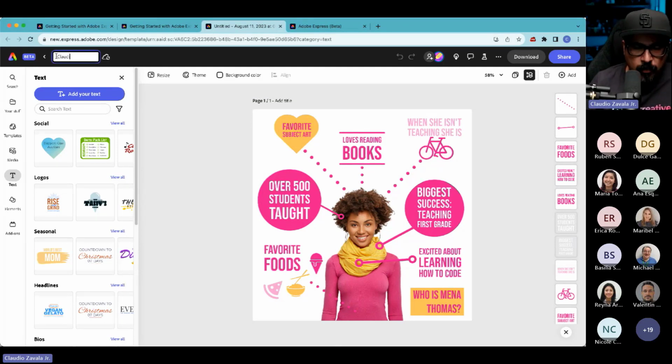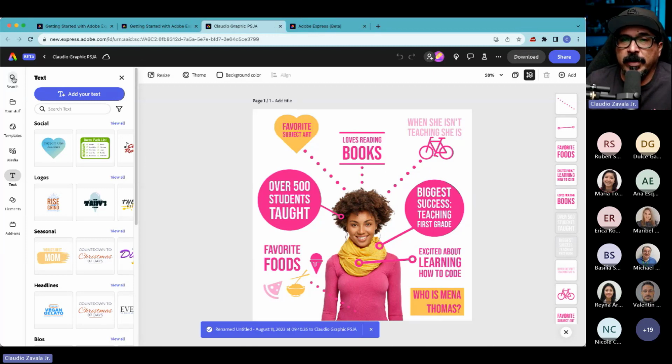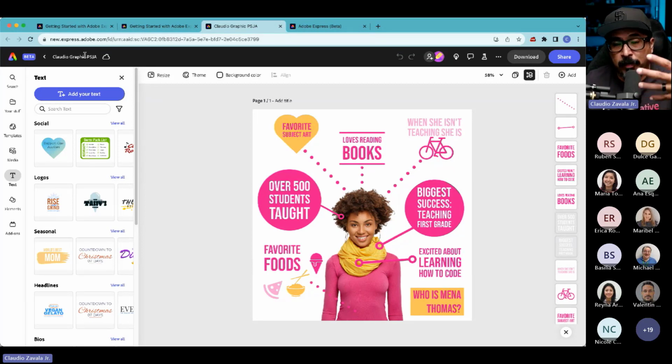When you click in there, you want to rename your project. I'm going to call this Claudio Graphic ESJA. Now I'm naming it that because I have a lot of these projects already made. So there we go. Now, the reason you want to get into the habit and get your students into the habit of this is your first step when you get into Adobe Express and open a project, name the project,